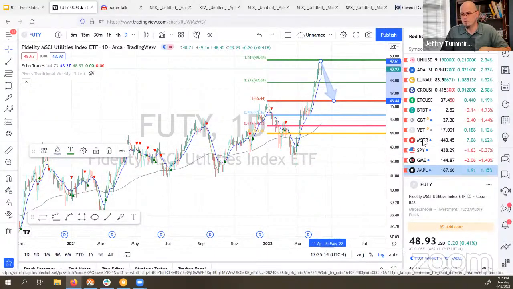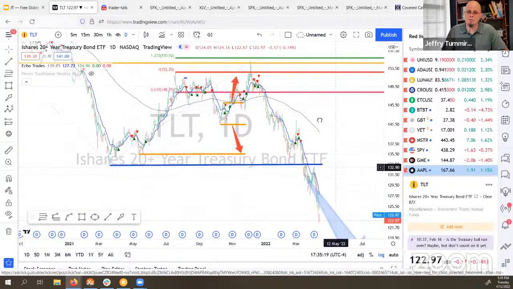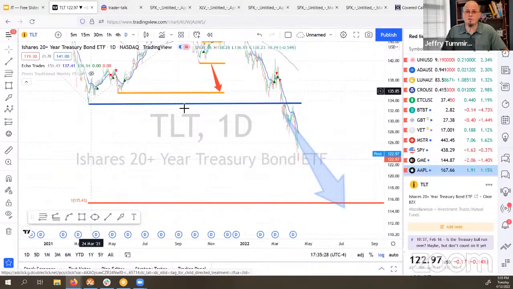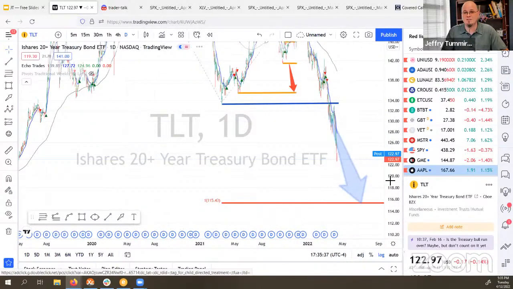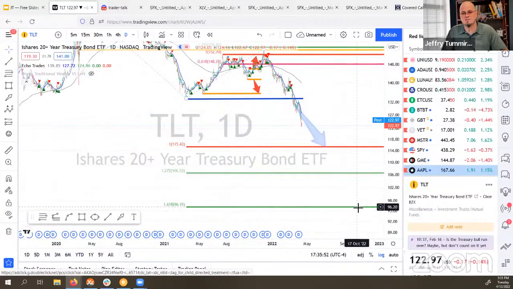So, all right, what on earth is up with TLT? Going down. I had an arrow coming down to 115, and it looks like it's on the way. So when it broke this prior low, I expected it to come down here, this 115 area. That's where I expect right now. That's where the A equals C. We talked about that a couple times today. This would be the A wave down, the B wave up, bounce just shy of the 618, and run down to A equals C at 115. And if it gets the extension, we could see it all the way down to 96. So if it were to extend on down.